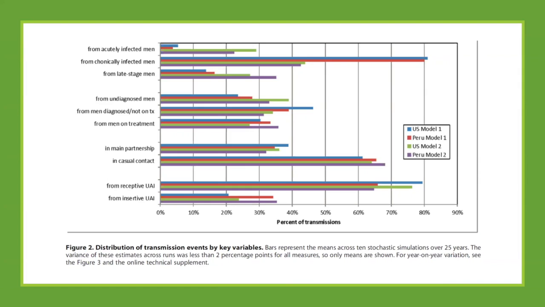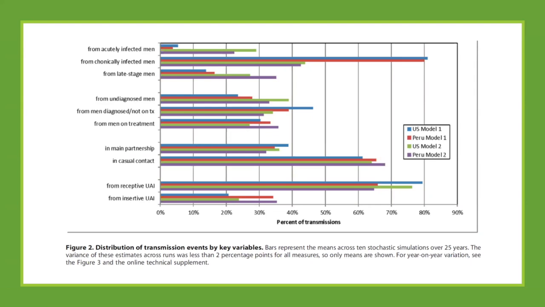Similarly, and this is probably not surprising, at all points in the treatment cascade there are weaknesses that would need to be addressed, right? And they're all contributing comparably, perhaps, to burden of disease. And then the other one that we looked at, because this was one of the first models that I know of that really separated out main partnerships versus casual relationships, is where are transmissions coming from in that regard. Right?